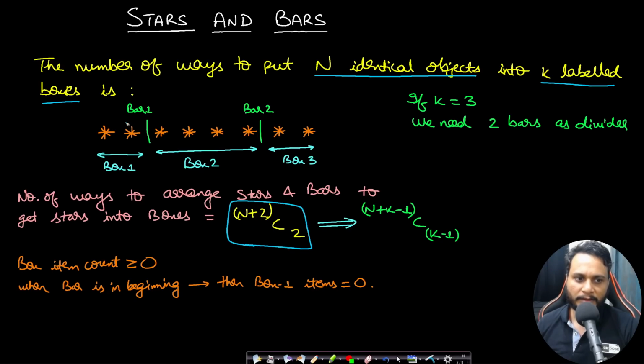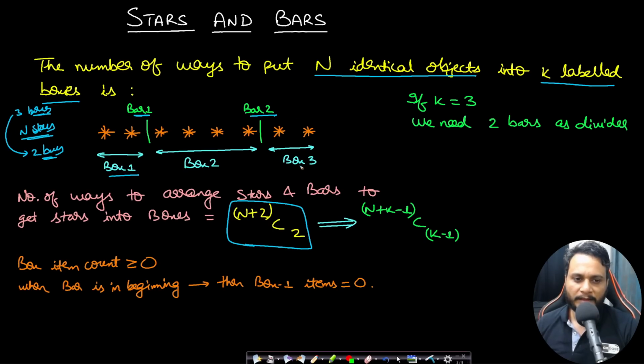Let's say that you have n stars and you want to put all the n stars in 3 boxes. Then for dividing n stars into 3 divisions, we will be taking 2 bars. Okay, because to the left side of bar 1 we will consider box 1, in between bar 1 and bar 2 we will be considering box 2, and to the right hand side of bar 2 we will be